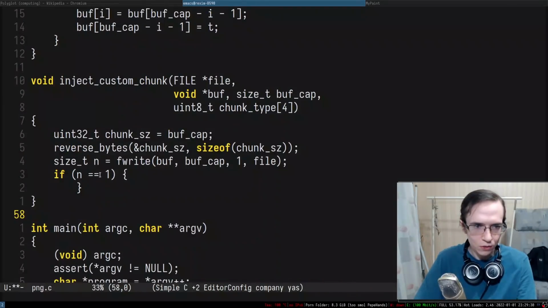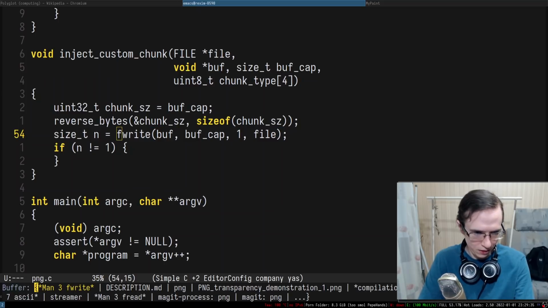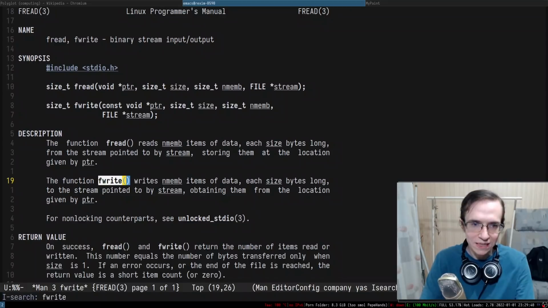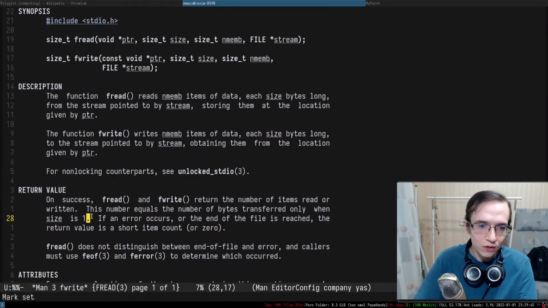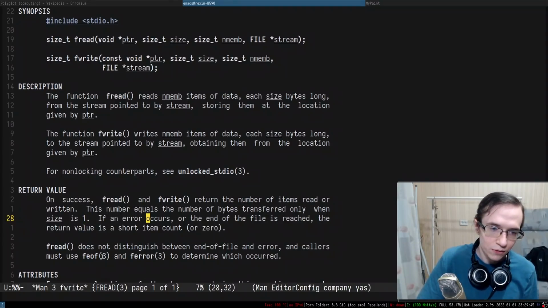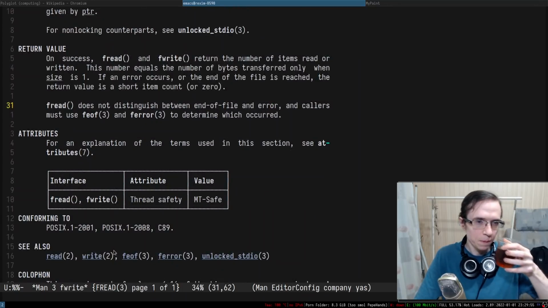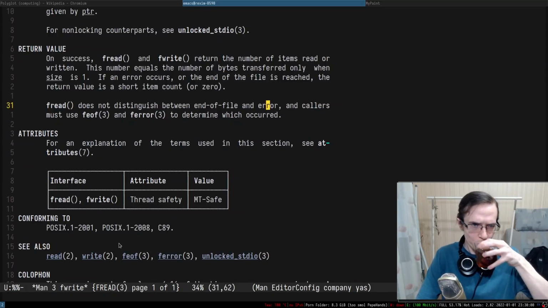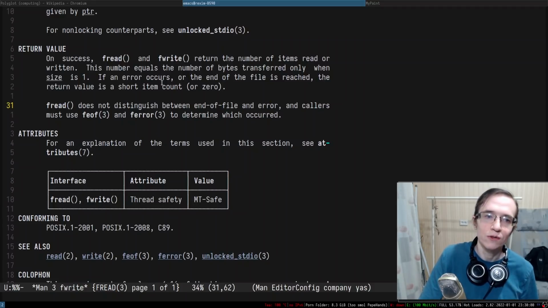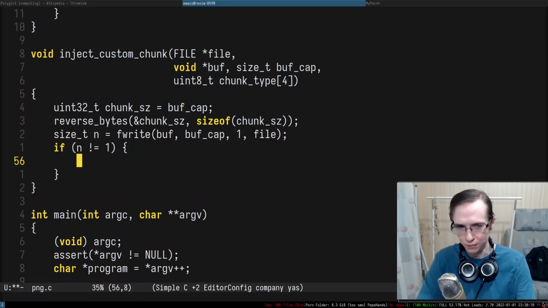Okay, if it does not equal to 1, we have to check several things. I suppose fwrite suffers from the same error madness as fread. So return the number of items read or written. Fread does not distinguish between end of file and error. I suppose fwrite does distinguish. If an error occurs or the end of file is reached, the return value is a short item count or 0. So I guess in the case of fwrite, end of file may never happen. So we can just check